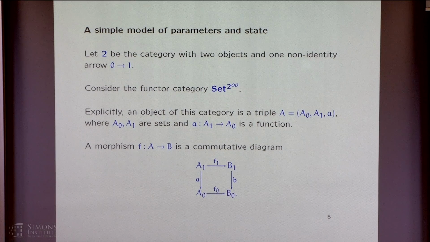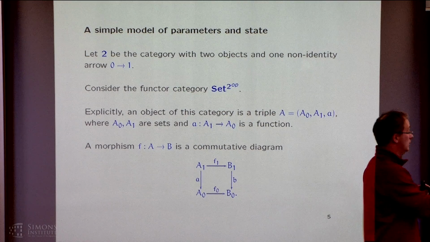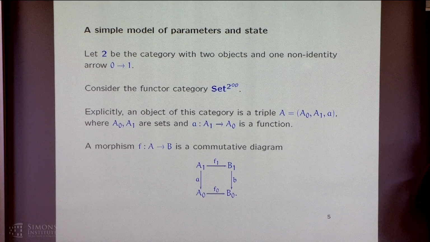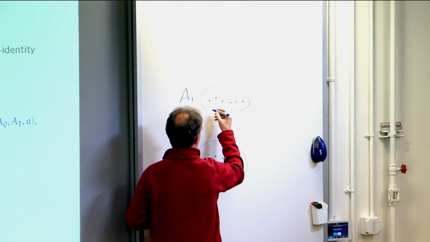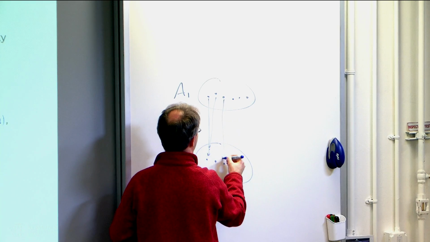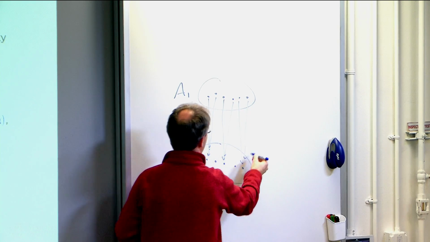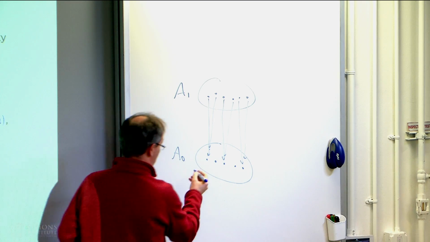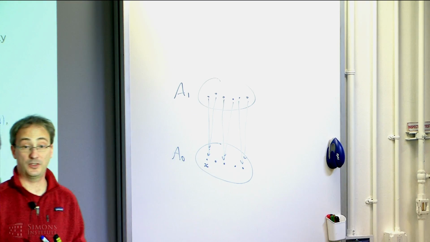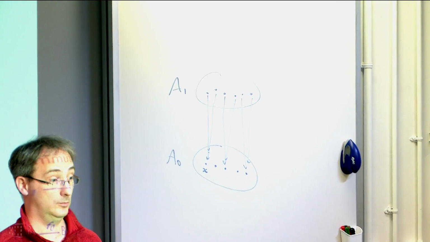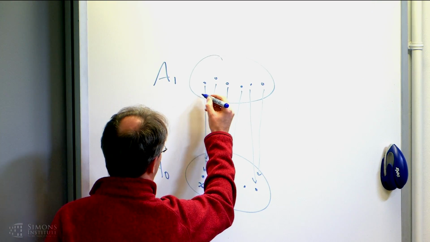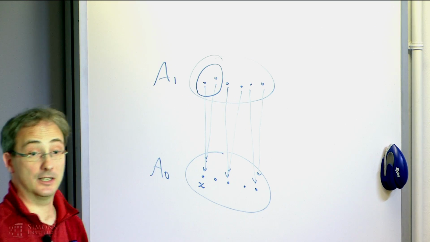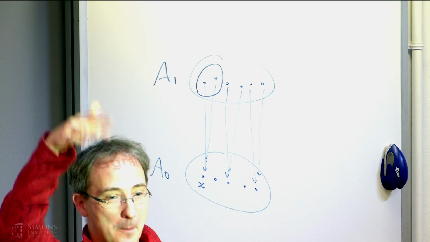We can think of these. So if you have one of these, here's your A1. That's a set, okay? I'm just talking about a set. A0 is a set. This set A0 has some elements maybe. Set A1 also has some elements. And there's a function between them mapping these elements to those elements. If one of these elements here is called little x, we think of the elements of the lower set as the parameters. Okay? So here's a parameter little x. That's an element of the set A0. Then above this lives a certain subset of A1, namely just those things that are mapped to x.